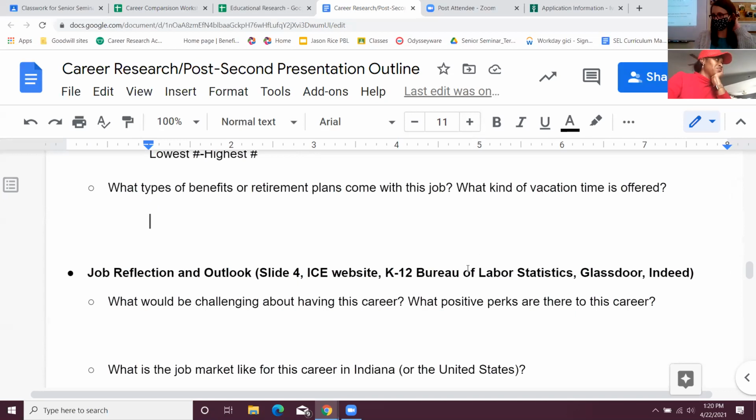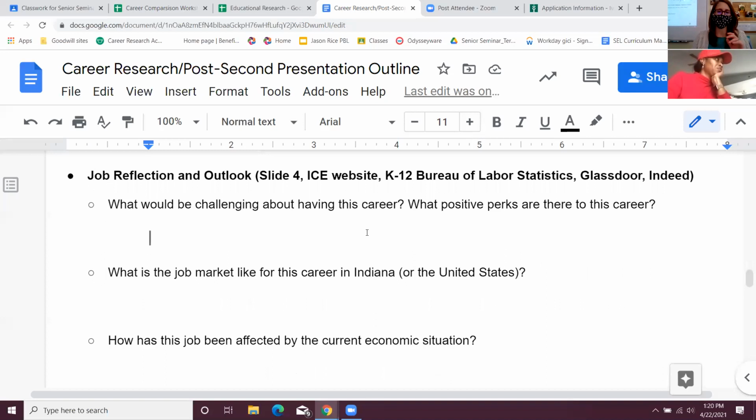If you're a person who doesn't have a problem with it, some people will call and ask what a company's benefits and retirement plan are. Or if you have a family member who's already in the job you're interested in, or you know somebody, they might be able to share with you what theirs are.